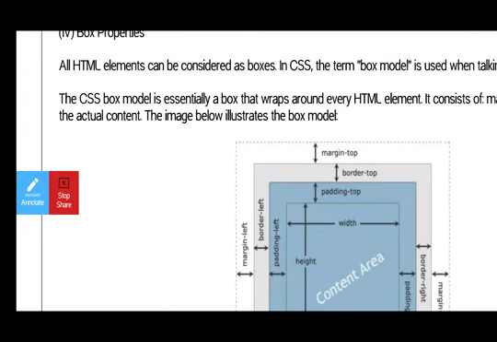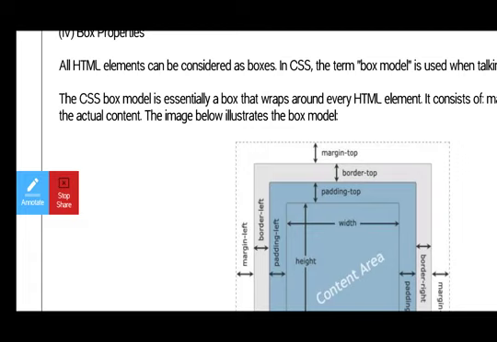So the CSS box model is essentially a box that wraps around every HTML element. Whatever the CSS elements, they wrap around every HTML element.